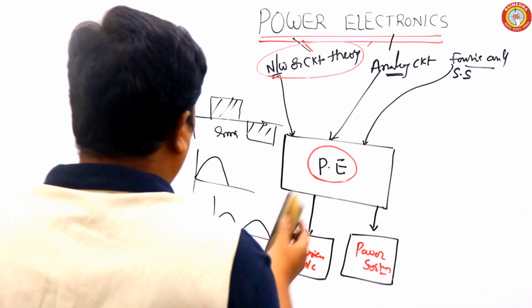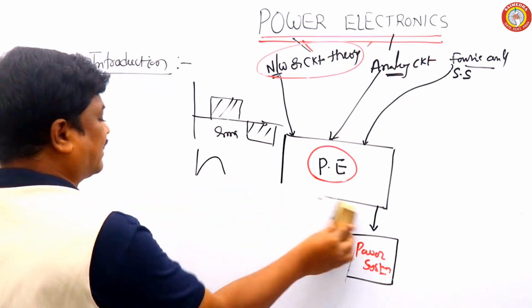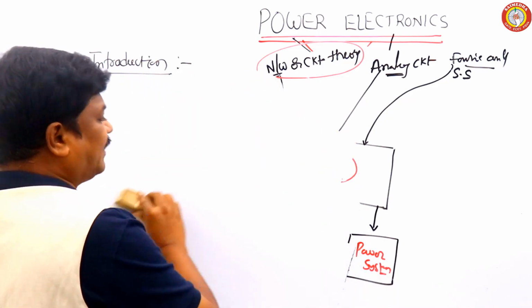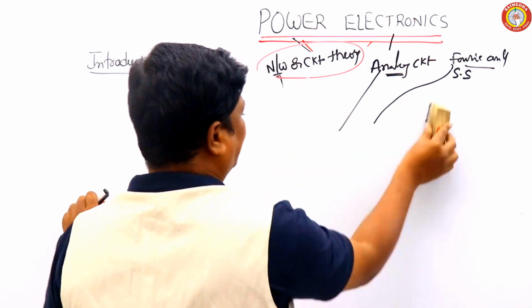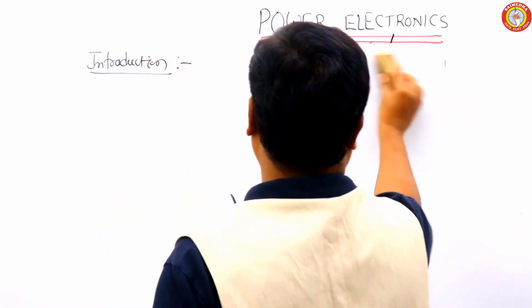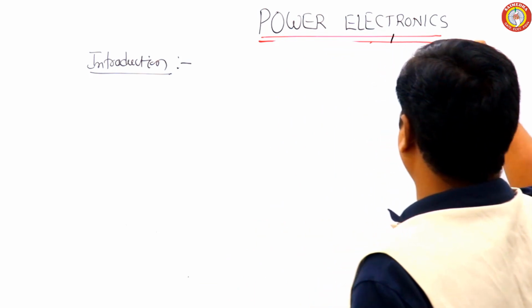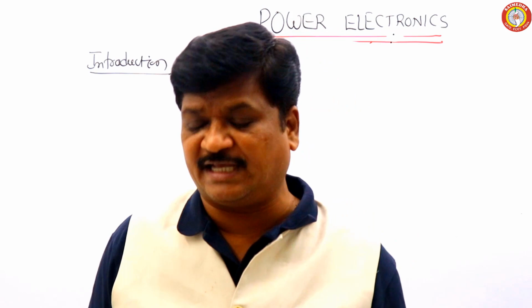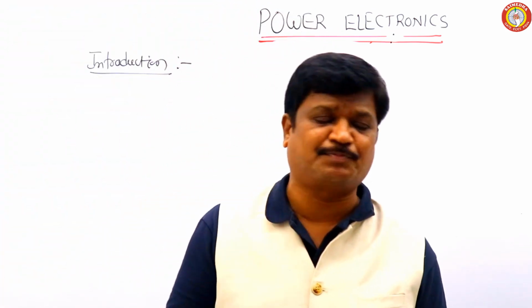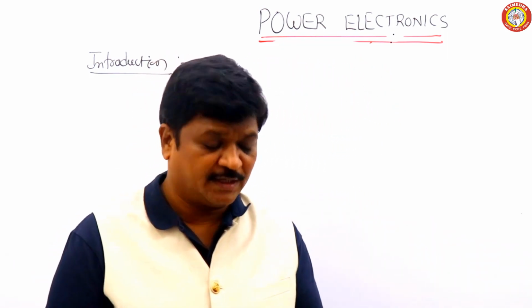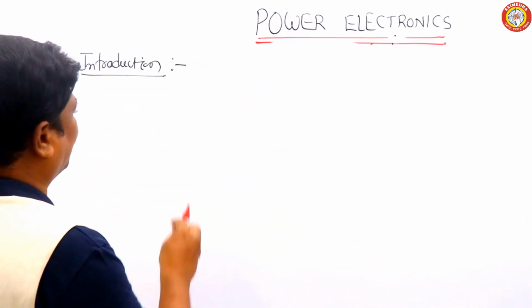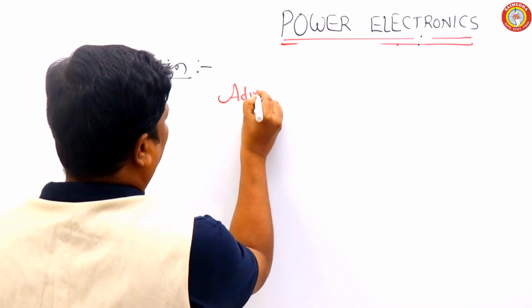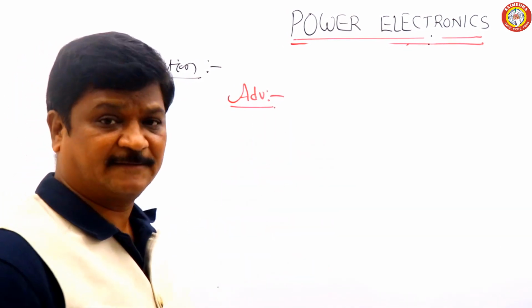Now, sir, why are we using power electronics? It is just a conversion. Suppose a DC motor is there and we want to control it. There is an armature control method to reduce the speed below the normal speed, and a field control method to obtain speed above the normal speed. Even though those methods are there, why are we going for power electronics? Because a power electronic device is a switch. Then, what are the advantages of using these power electronic devices?